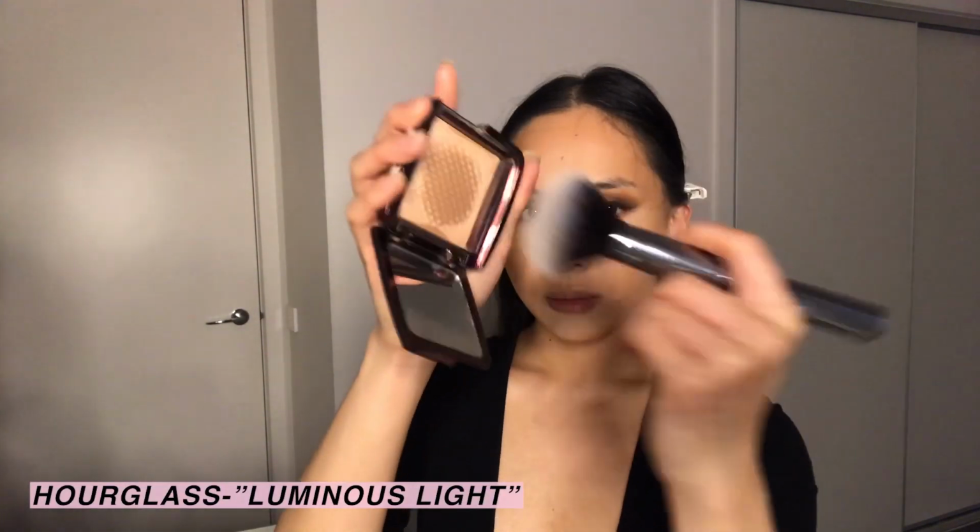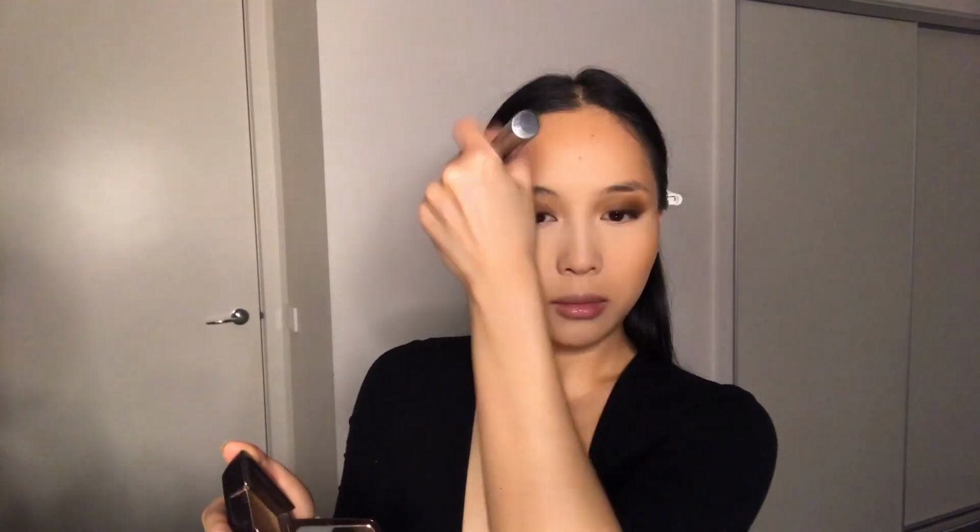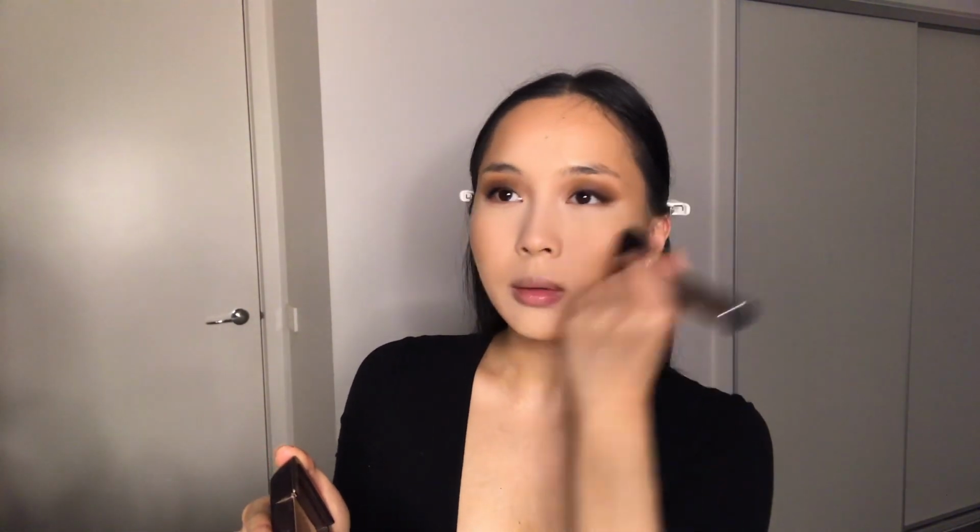So this product and this technique is literally my holy grail. I don't think I've ever done my makeup without doing this. Every time I set my foundation, it makes my skin look very flat. So I need to take Luminous Light from Hourglass, dust it all over underneath the under eye area, the forehead, the nose, the chin. And so it takes my foundation and my base from very flat to very skin-like. Even though I've got heaps of makeup on, it sort of brings it back to life, makes it look less cakey,